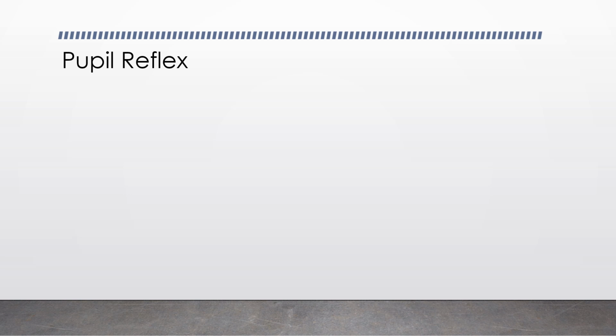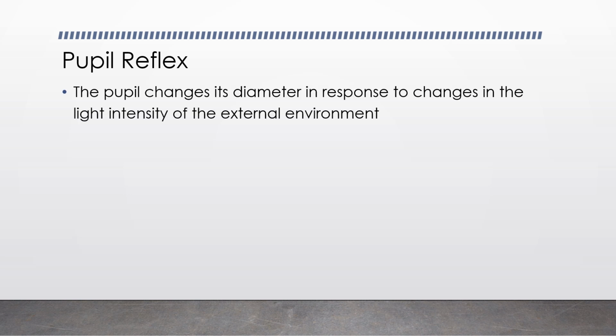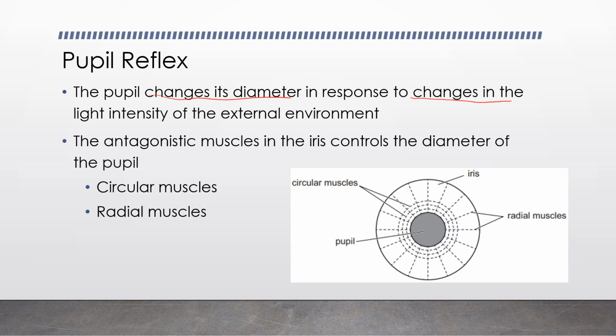The other thing that the eye can adjust to is light, and this is known as the pupil reflex. The pupil is able to change its diameter because the pupil can become bigger, which we call dilate, or the pupil can become smaller, which is constrict, in response to changes in light intensity. The reason the pupil is able to change its diameter is because of the iris. In the iris, there is a set of antagonistic muscles, circular and radial,